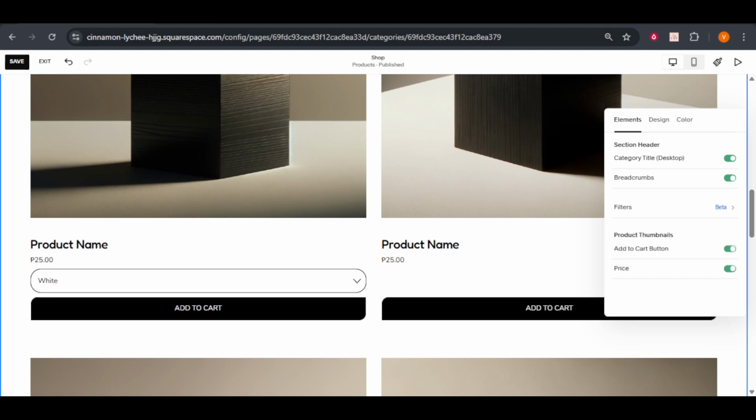potential buyers. Remember to preview your changes and make any necessary adjustments to ensure everything looks and functions as intended. This simple guide will show you how to create a seamless shopping experience that can help boost your sales and